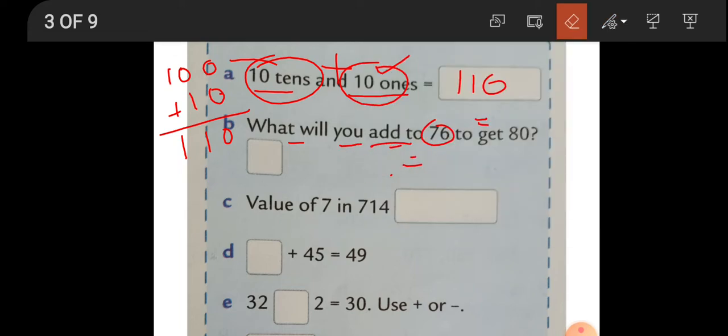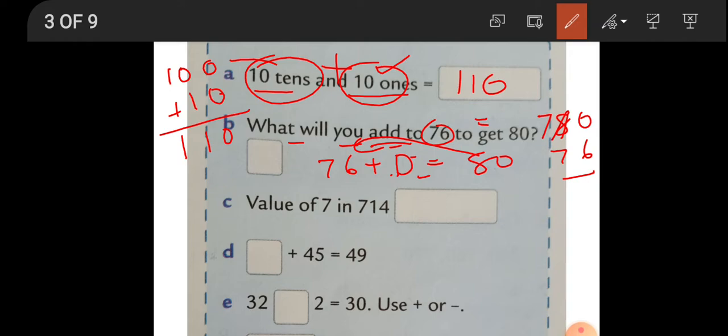Now see, children. Now here also see, they have given one number, 76, the second they have not given, and the next is 80. So what will we do? We will directly subtract 80 minus 76. You will get this answer, the middle answer. Now 0 minus 6 you cannot do. Take 1 from 8, it becomes 7, and give 1 over here. 10 fingers up, 6 fingers down, you will get 4, and of course 7 minus 0. So the answer you will get is 4. Okay, if you want to check, you check. 76 plus 4, you will get 80.